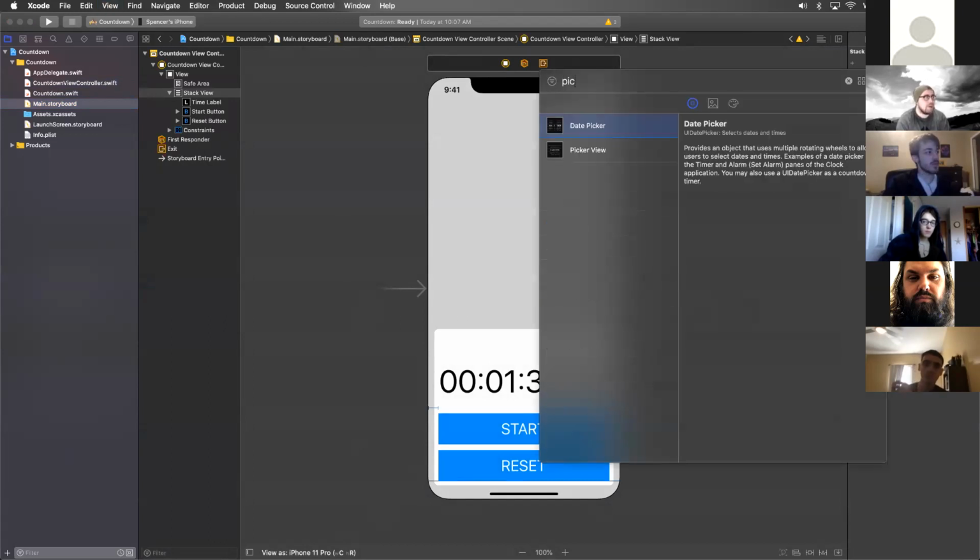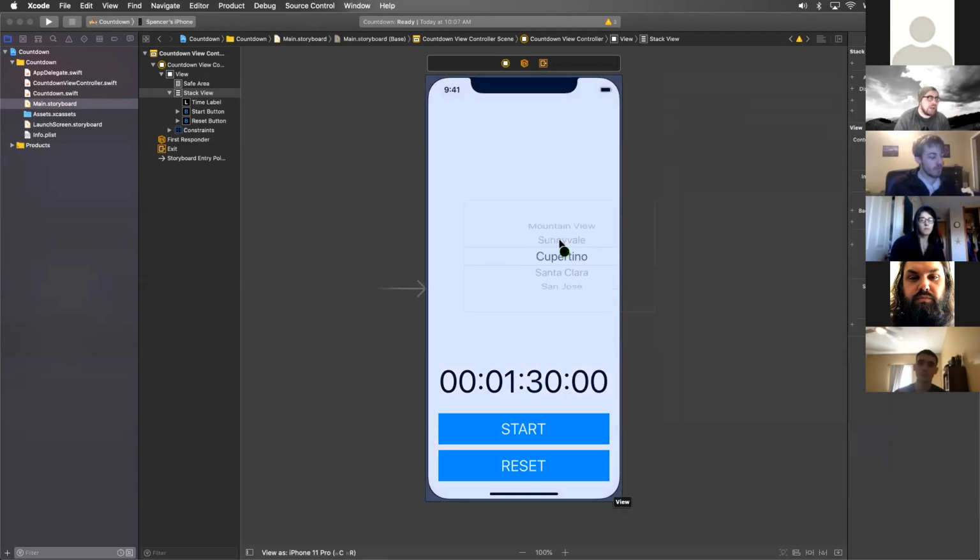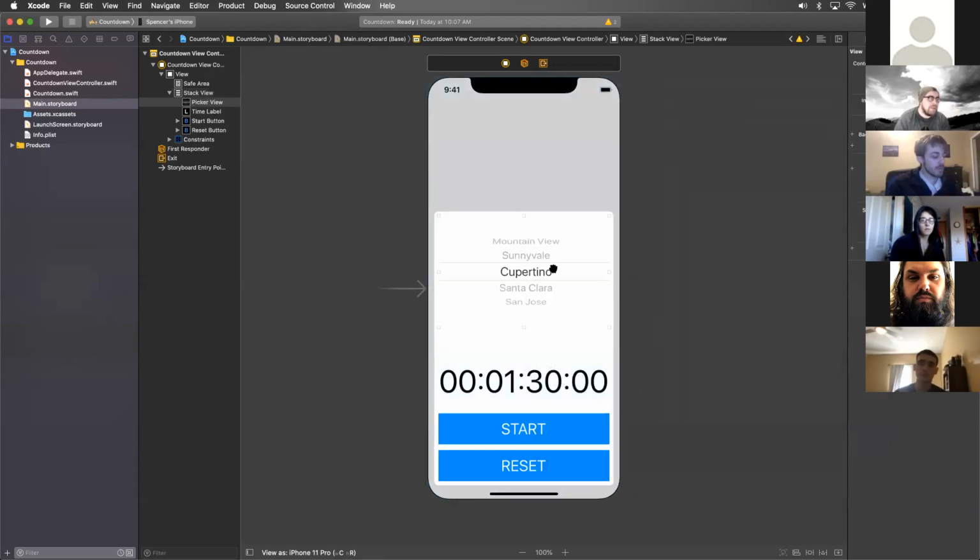It's just another item that we have in our object library, and we're able to choose, do we want to use a date picker, which is built in, it's got date and time built in there. Or if you want to do something else like we will today, you're going to just drag in a normal picker view, and then it has this placeholder default text. It doesn't actually show that, but it behaves somewhat similar to a table view,